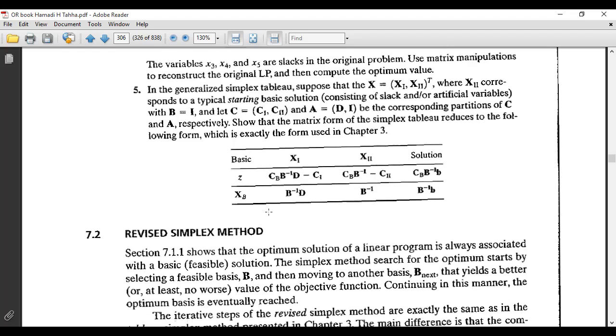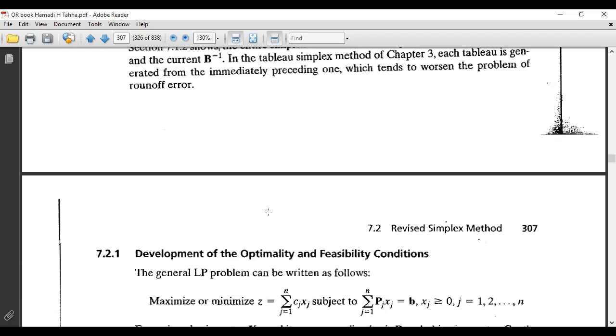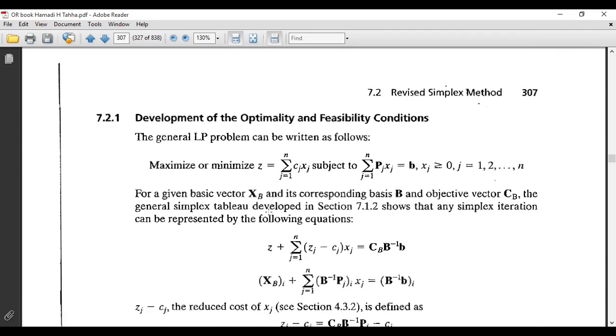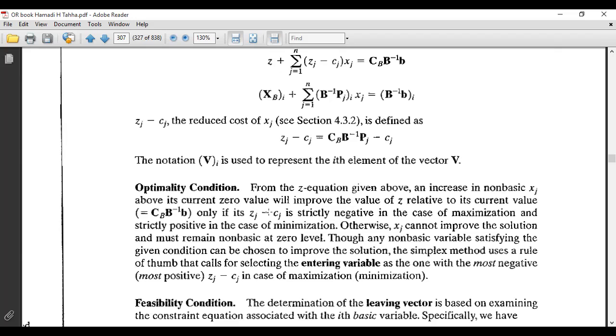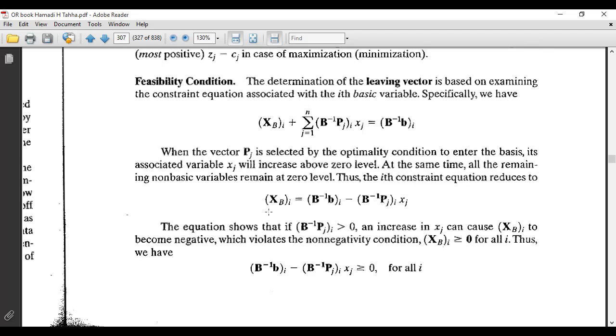So inshallah, in the class, we will go through these examples and exercises, and inshallah, it will make more clear and give you the concept relating to your course operations research for finding the optimal solutions of our objective functions, whether it is minimization of cost or minimization of time or minimization of travel or maximization of profit or maximization of something else. So we find the optimality conditions and feasible conditions now with the help of linear programming problems, but in the matrix form.